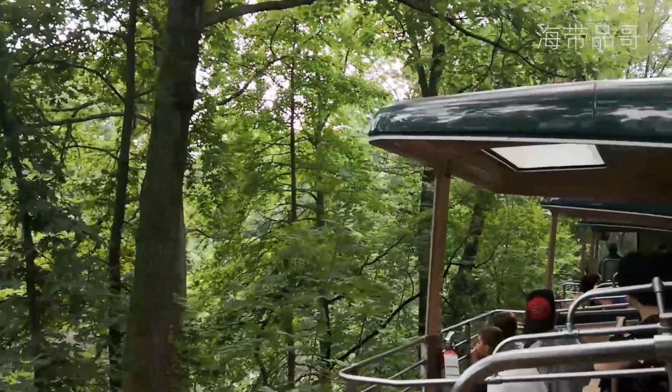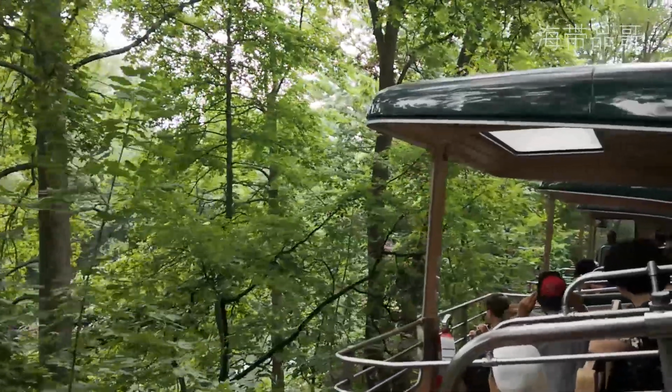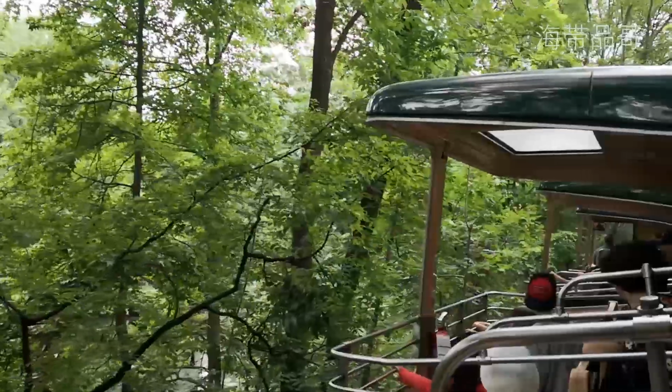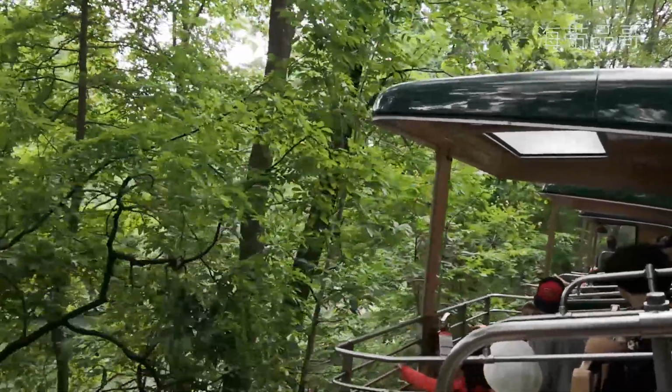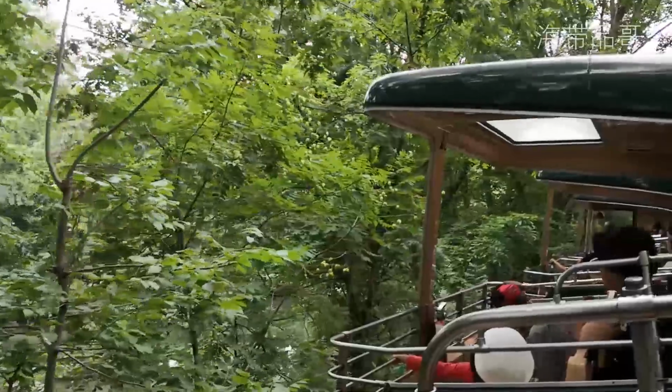Well, our Wild Asia Monorail adventure is now coming to an end. Please remain seated till the train doors open. And watch your step as you exit the monorail car. Remember, there's a step up for people exiting from the front row, and a step...